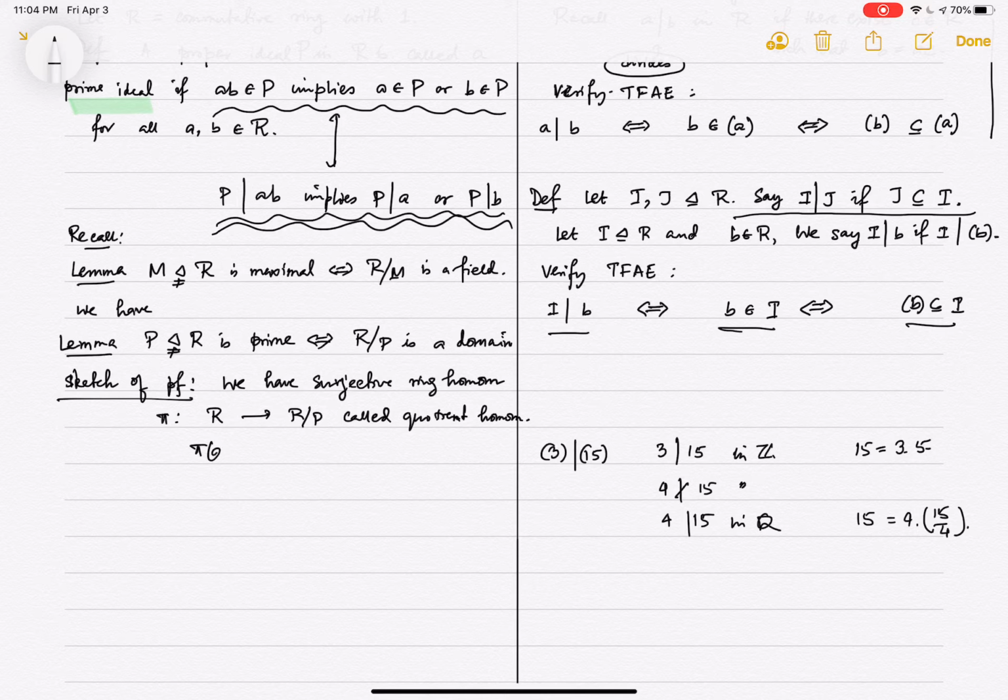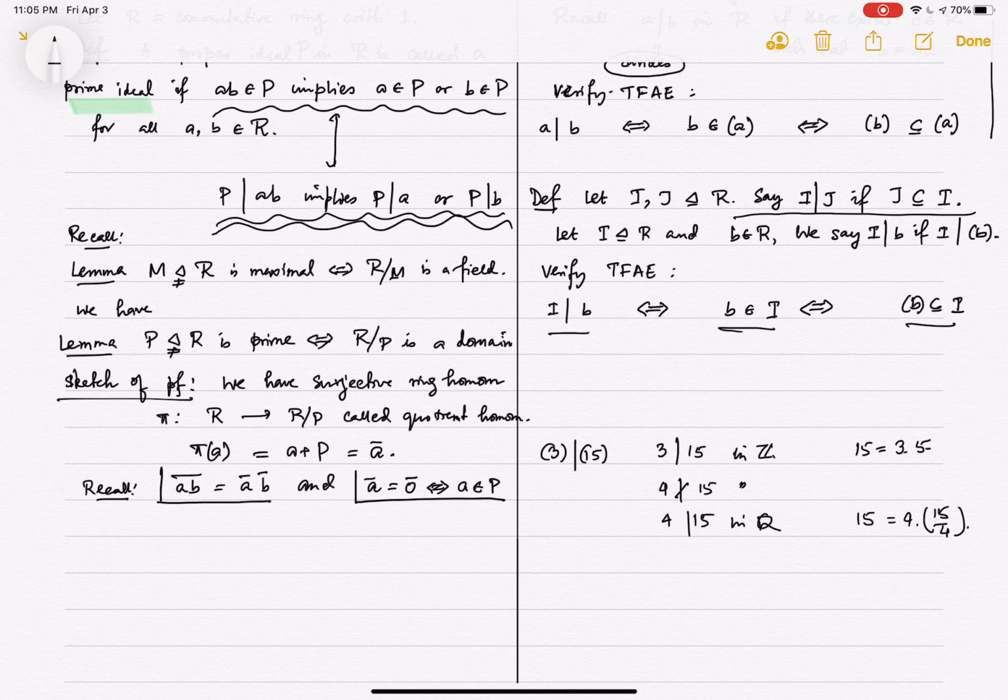It takes an element to the corresponding coset. Let's write A bar instead of that. Also recall, pi A, pi B is pi of AB, meaning AB bar is same as A bar, B bar. And the coset of an element is the trivial coset, the coset of the 0 element, if and only if A is in P. I want you to recall these 2